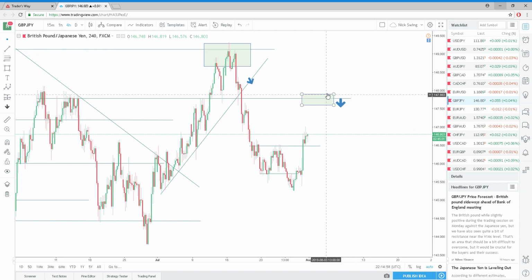It also helps that this level is, well, it's not really a psychological level. Psychological levels are 148.0 flat, 147.5 flat. And these are just every 50 pips is a psychological level in Forex trading. I made a whole video about it. You can watch it on my website. But psych levels, yeah, this is not a psych level, but it's a very significant level, very solid trade. Even the 148 level,